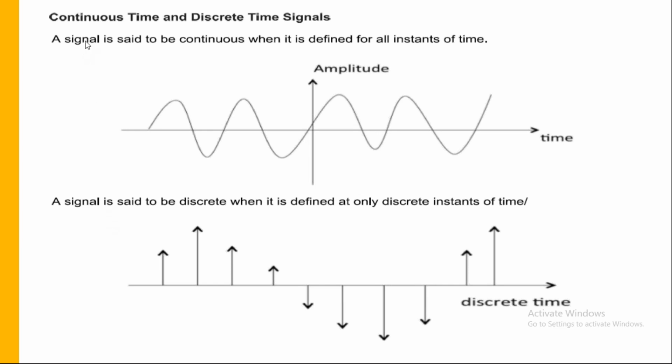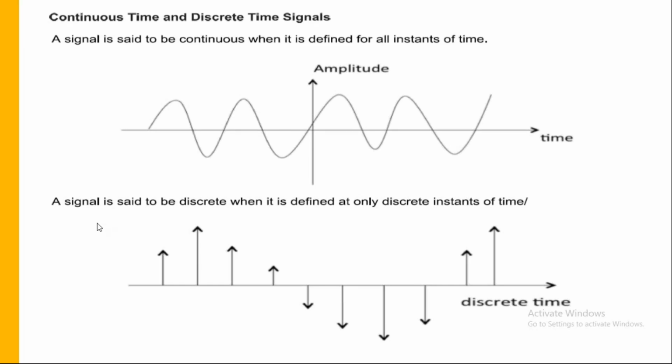A signal is said to be continuous when it is denoted for all instants of time. Please try to understand. Here we are representing the signal in the time domain. At each and every instant of time, you should represent the signal. When you represent it at each and every instant of time, you get an envelope like this, which is a continuous one. Such a signal we can call a continuous time signal. All your analog signals will come under continuous time signals. This is an example for a continuous time signal. So an analog signal is an example for a continuous time signal.